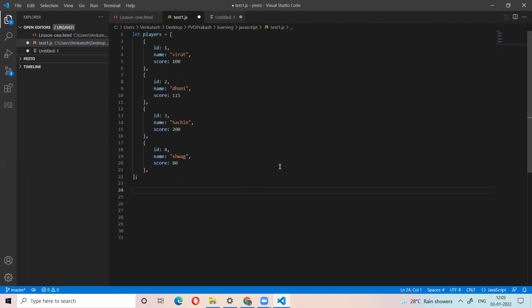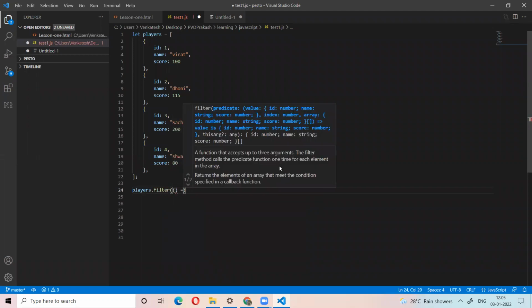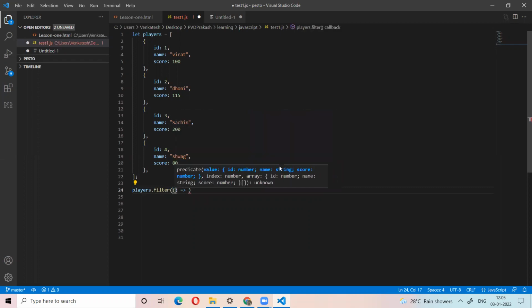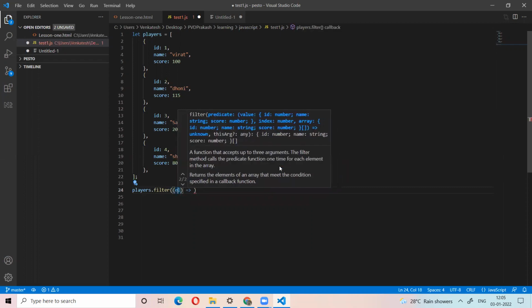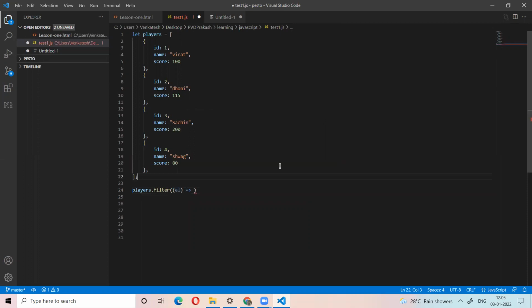If you use a for loop, you would use an if. I told you, no, the map filter method. Filter will do. So players.filter, right? Now an arrow function. What is the el here? For everything, what is the el? First you get this el, first this item, second this item. So instead of el, use item. For understanding, use the name item.